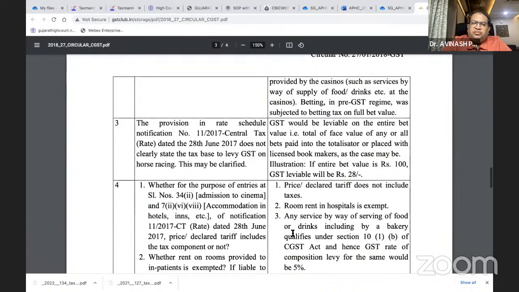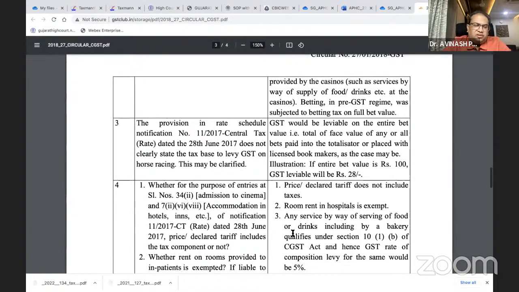Next, the provision in rate schedule, Notification number 11 of 2017, dated so and so, does not clearly state the tax base to levy GST on horse racing. So therefore, clarification is sought. The answer is